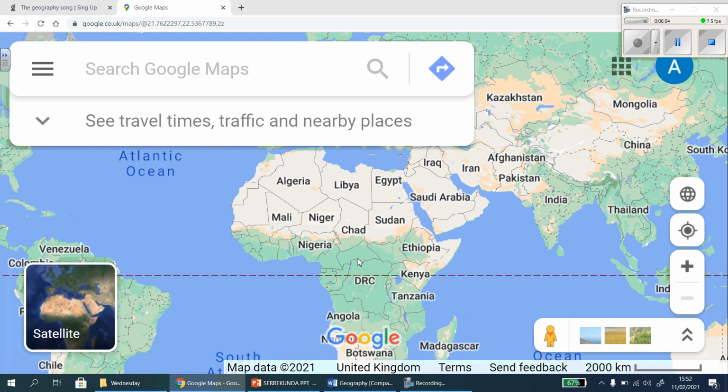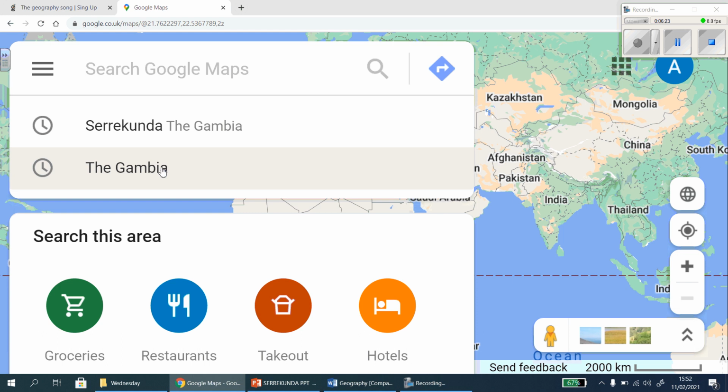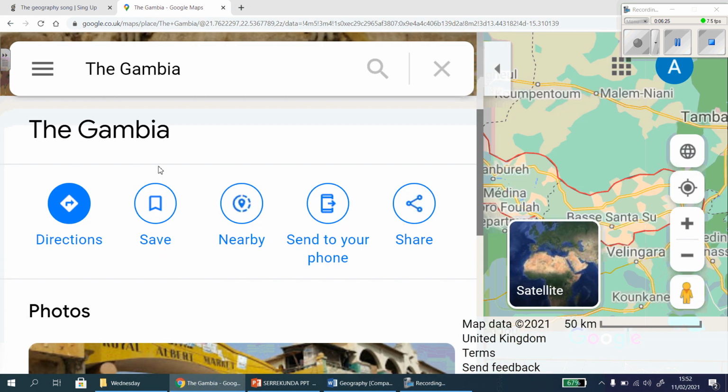And all these places that are labelled are actually countries in Africa. They're not all labelled on this map here, unless you zoom in closer, because there are 54 countries in Africa altogether, which is lots of countries within one continent, okay? So 54 altogether. And we're going to be focusing on then a place called the Gambia. So you can tell I've had a little play already with this. So the Gambia